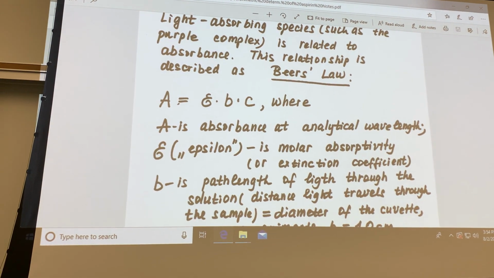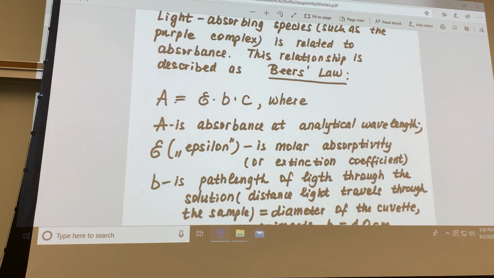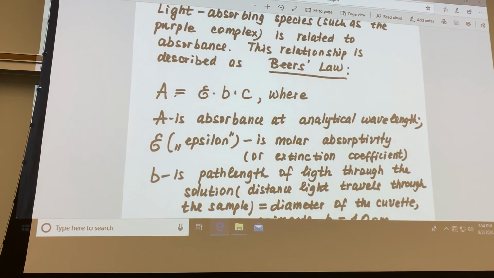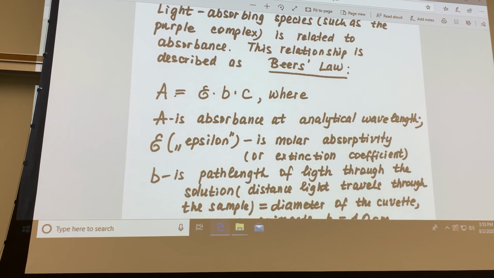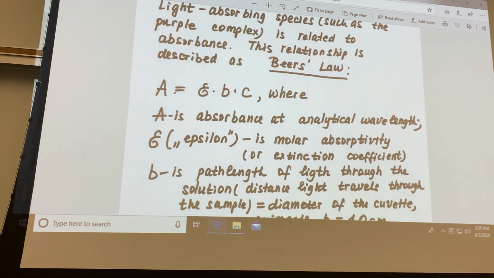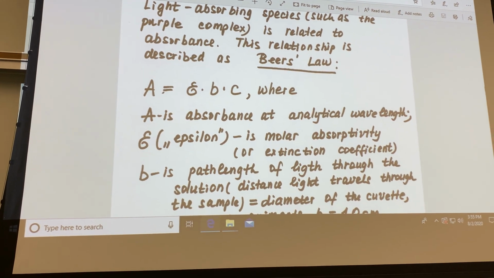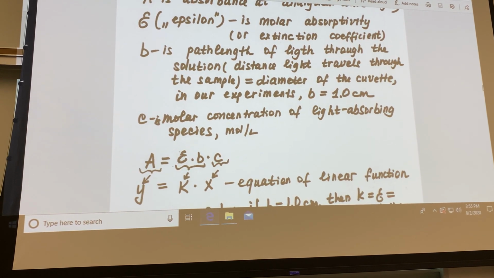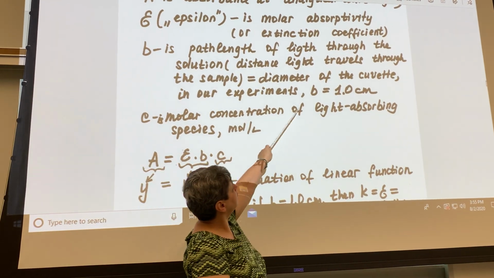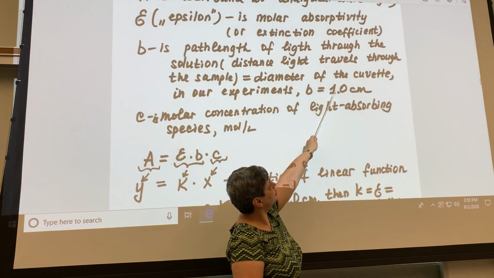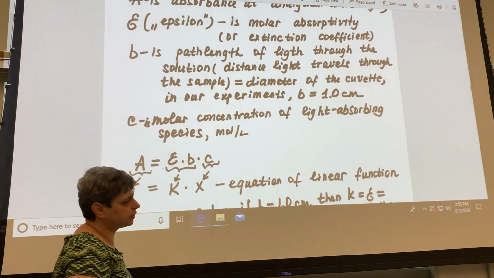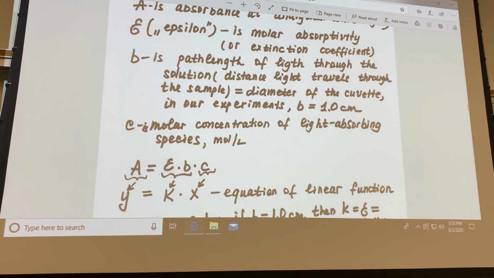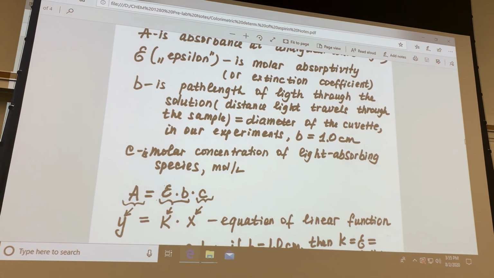In old spectrometers, we used special test tubes, so B was equal to the diameter of the test tube. Now, because we're using rectangular cuvettes, it's basically the width of the cuvette, which happens to be equal in all of these cuvettes, which are carefully calibrated for their width. This B, this distance light travels through the sample, is equal to exactly 1 centimeter. In most applications, regardless of the model of the spectrometer, typically B is equal to 1 centimeter. And so